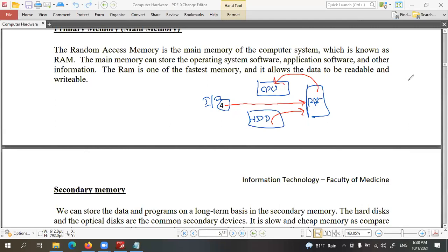That wastes time. So that is why the CPU only communicates with RAM. RAM is a high-speed memory. Then the CPU can read and write data at a higher speed in the RAM. These communications will be done by the operating system with input and output, so input hardware and this hard